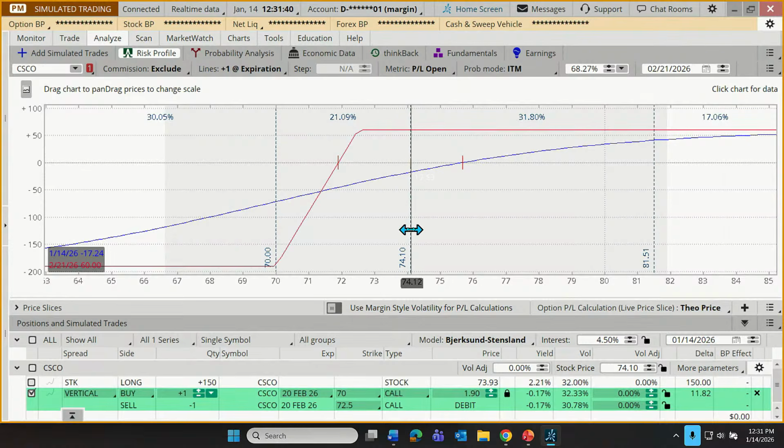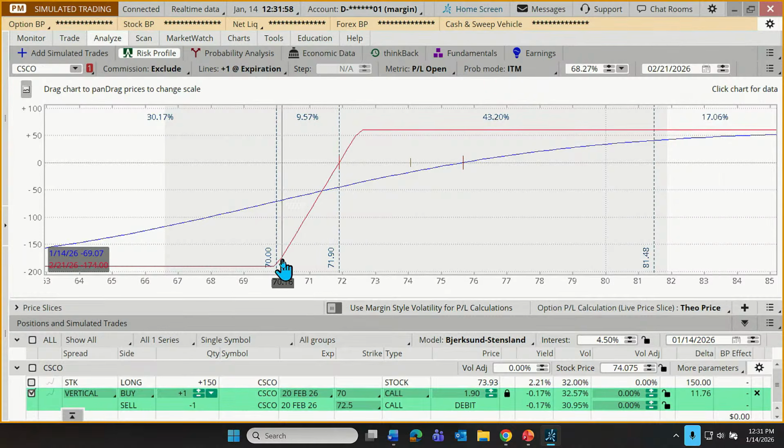But what are the chances we at least break even? Let me click on this slice, and I'm just going to drag it over. So we can do a click and drag. And let's position that one at 71.90, which is our break-even point. Well, there's about a 9.5% chance that we're somewhere between max loss and break-even, losing some money, but not all of the $1.90. So there's about a 40% chance of some kind of loss, either maximum loss or some loss, which means there's about a 43% chance plus 17. There's about a 60% chance that we will at least break even on this trade.